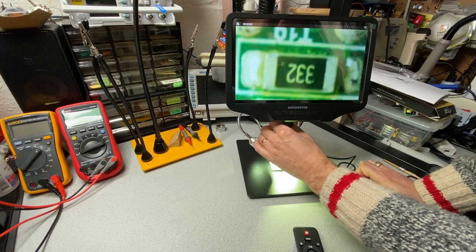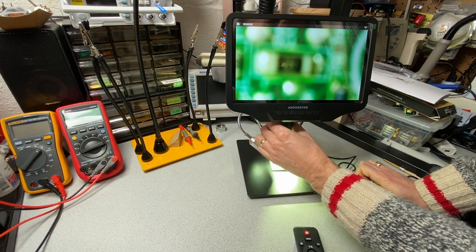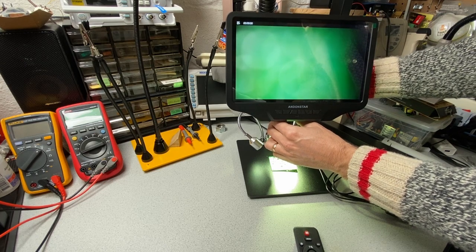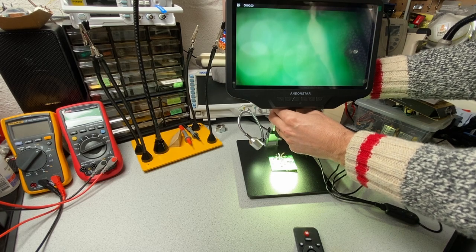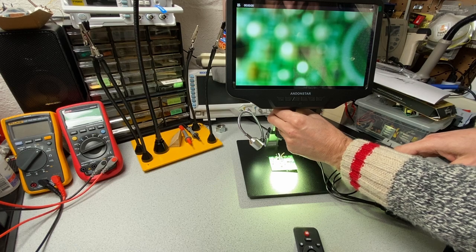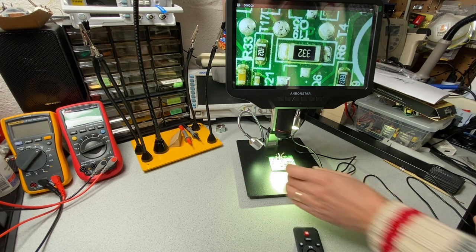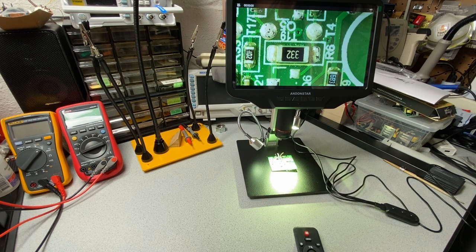We can adjust this here. And so that's giving us a bigger field of view. But of course, it's out of focus. So now we need to take it up higher. And this is where it looks like those extension tubes, okay, there. So that's in focus. And we can see a fair amount of the board,